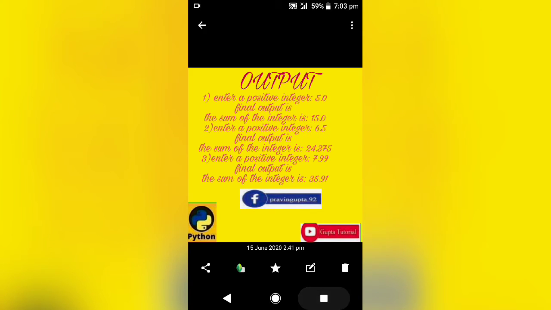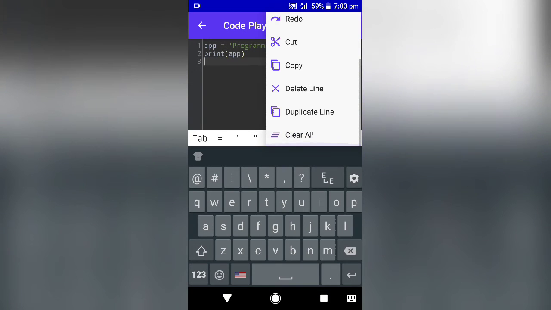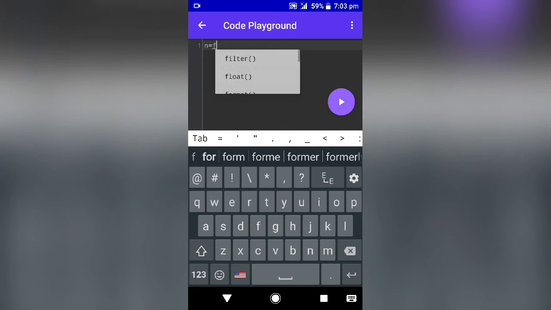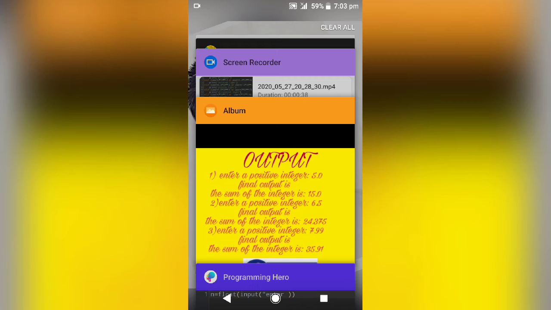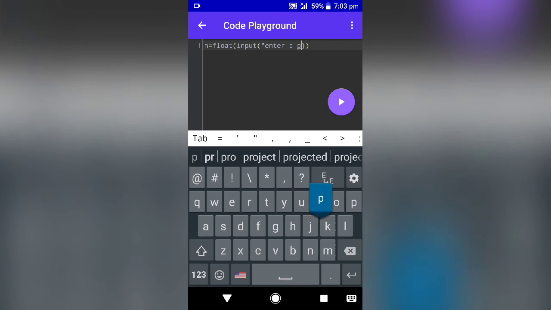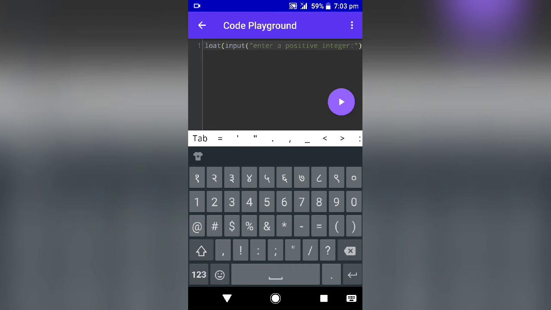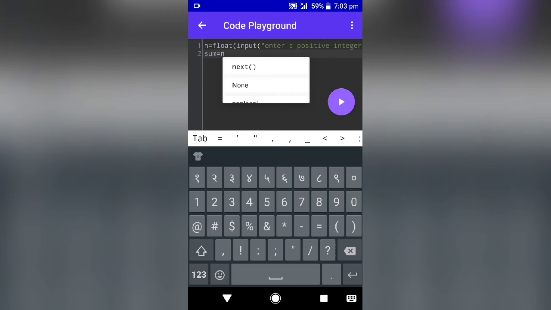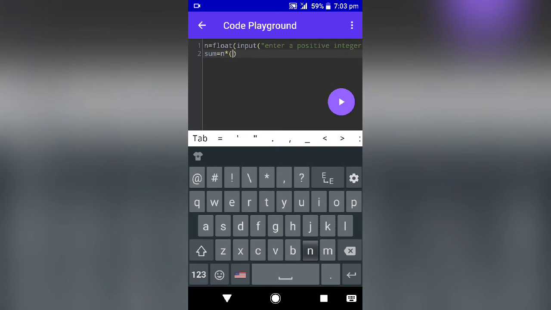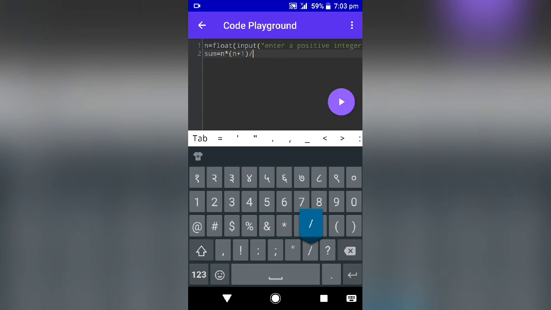Here we can again type float input, enter a positive integer, and after that you have to write the formula, and the formula is n into bracket n plus 1 divided by 2.